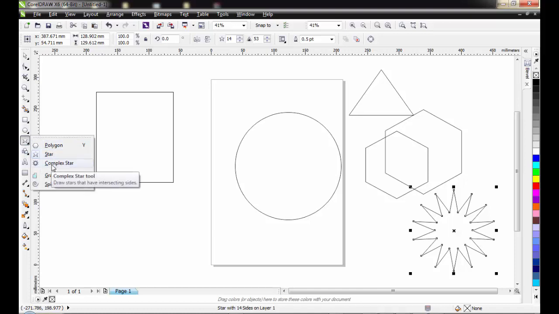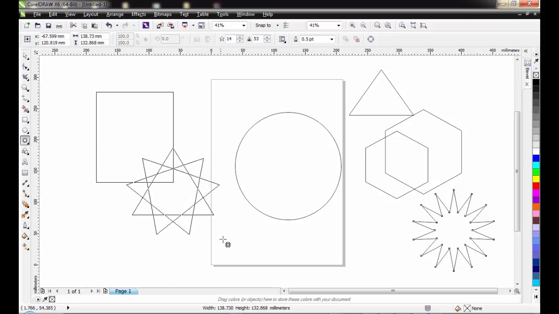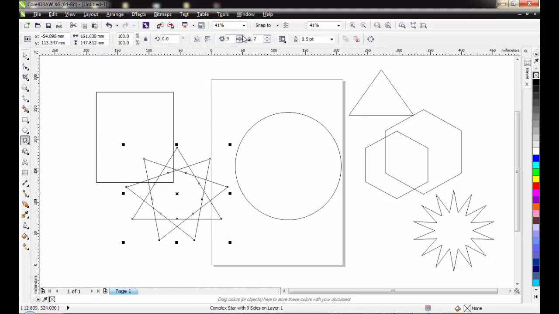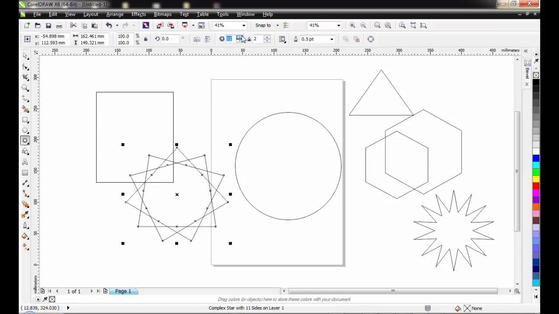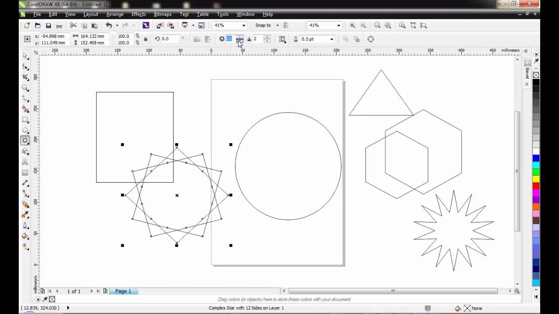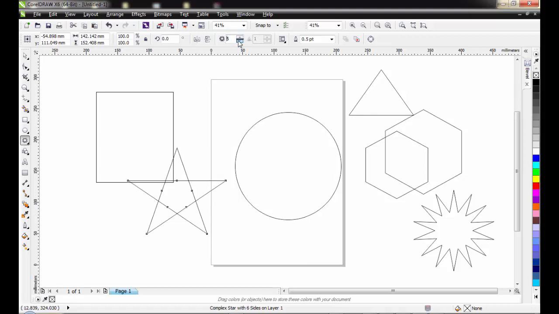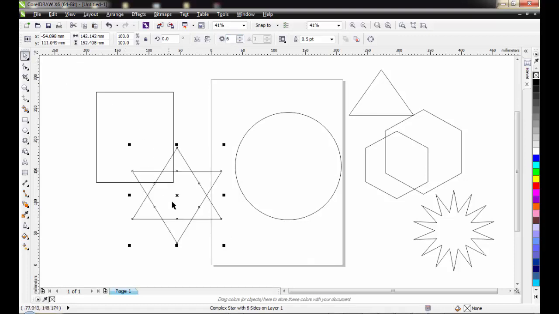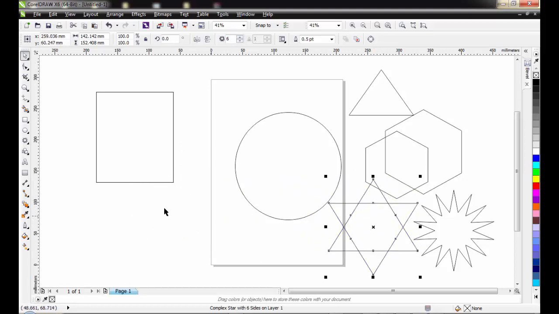You also have your complex star. Just as the name implies, it allows you to draw complex stars, which can also be altered using the point option here. As you can see, we have some beautiful shapes. Alright,